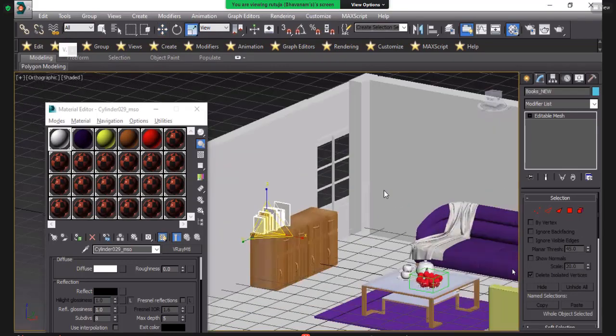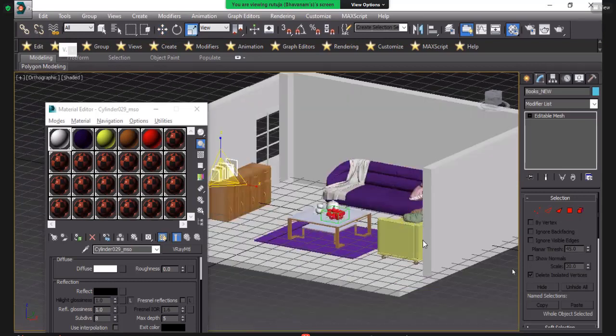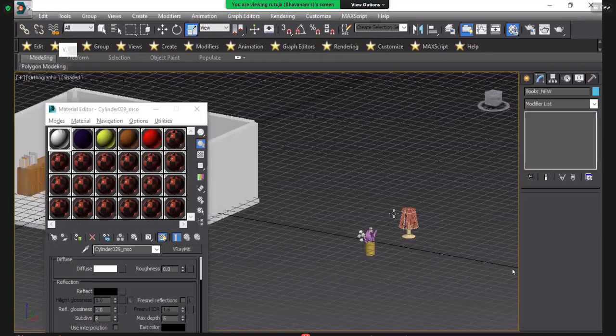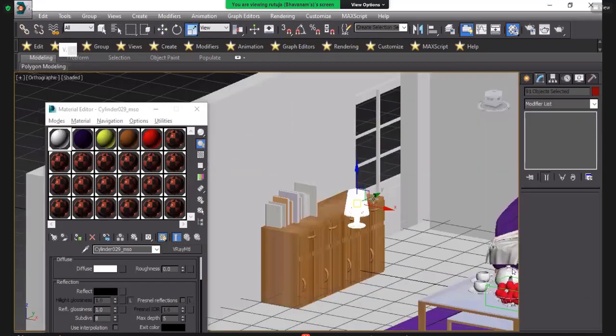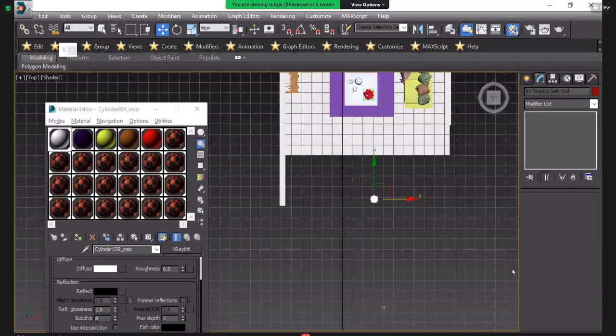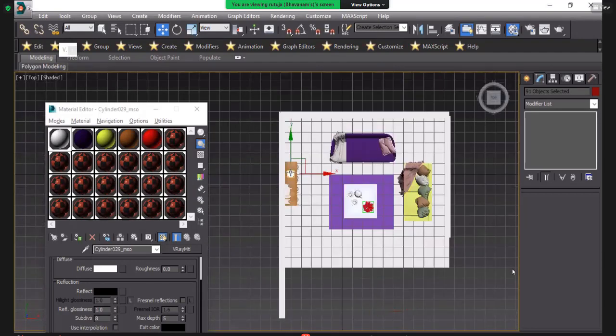I will put this table lamp here. Go at the top.